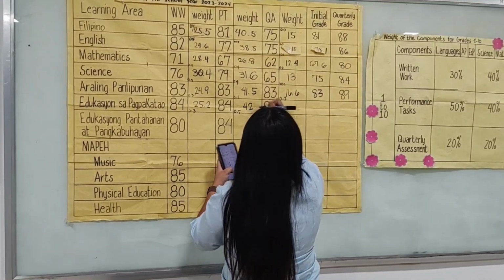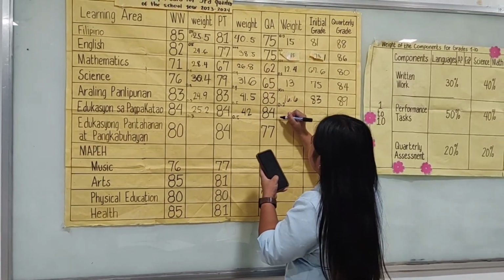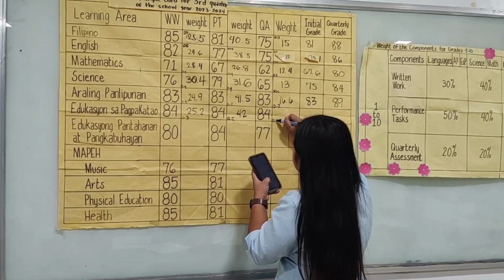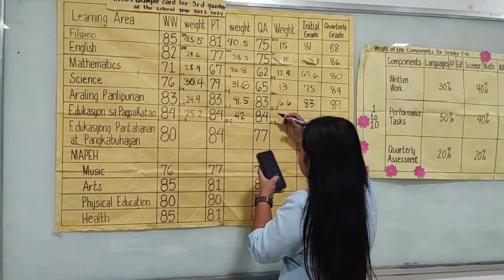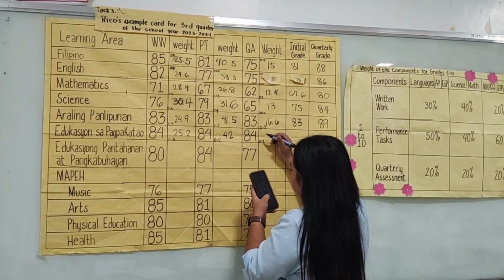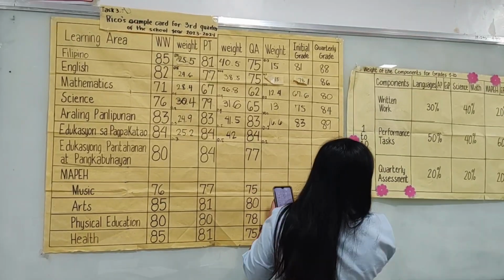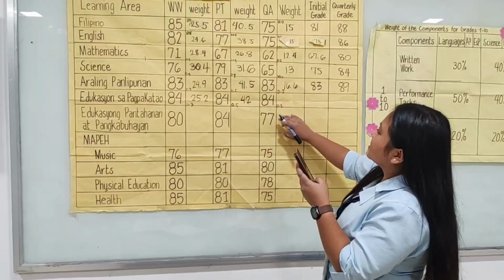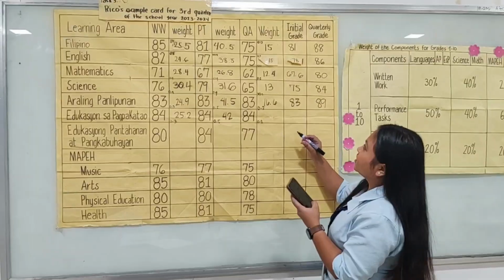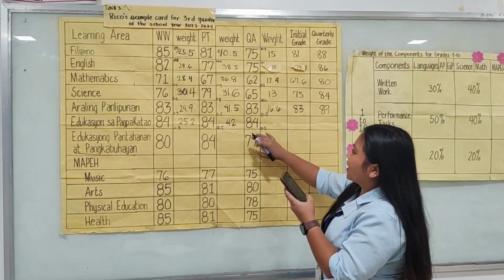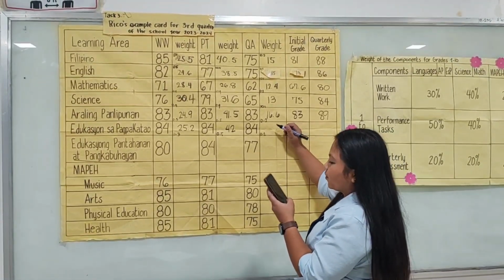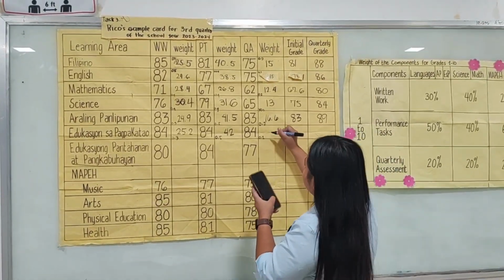And lastly, the quarterly assessment, we have to multiply 84 times 0.2, which is the answer is